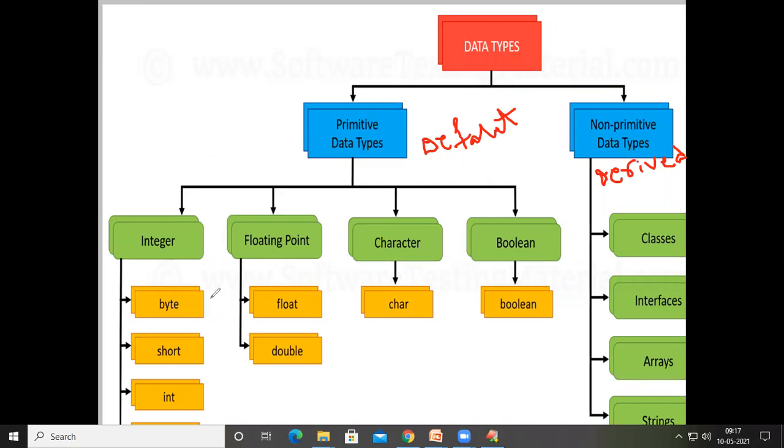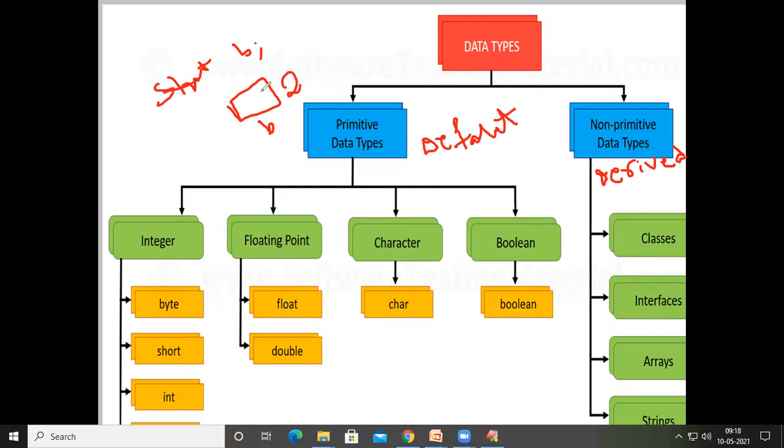Byte means when we declare a variable like byte A, whenever the compiler executes this particular line, it is going to create a memory with the name A, where the size of A will be 1 byte. 1 byte means in total it will have 8 bits. Similarly, when we declare a variable as short B, the compiler is going to create a memory with the name B, and the size of the memory will be 2 bytes, which means 16 bits.